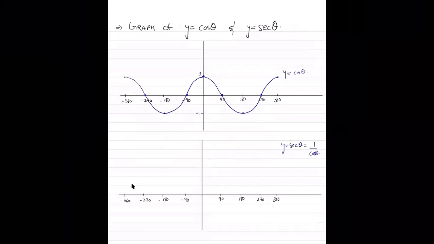First of all, we are going to see where the graph of cos theta becomes 0: at 90 degrees, 270, -90, and -270. So in the graph of secant theta, these points are going to be my asymptotes, because 1 upon 0 is undefined. If cos theta is 0 at 90 degrees, then 1 upon 0 is undefined at 90 degrees. So I'm going to make a vertical asymptote at 90 degrees,